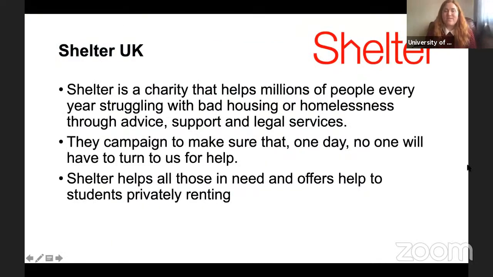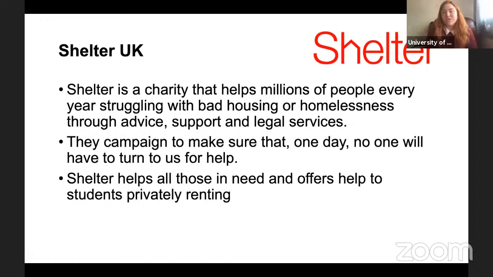We're very lucky as a university to work alongside Shelter. This year they launched a programme called the Court Desk Volunteer Scheme, and I have been taking part with the wonderful Ruth Camp, a solicitor, who is based out of Slough in Shelter. Shelter is a charity that helps millions of people each year. They started campaigning in 1966, and there's never really been any hurdle too high. They campaign to make sure that one day, ultimately, none of us will be homeless. Shelter helps all of those in need.